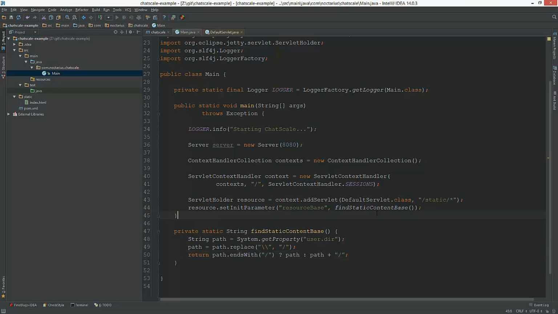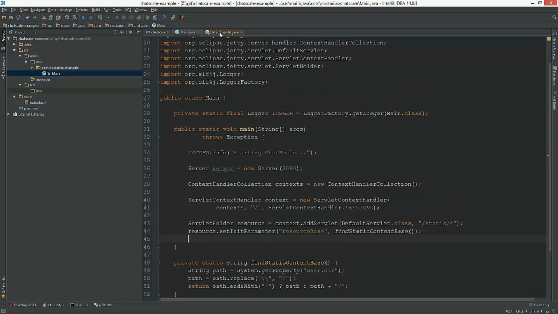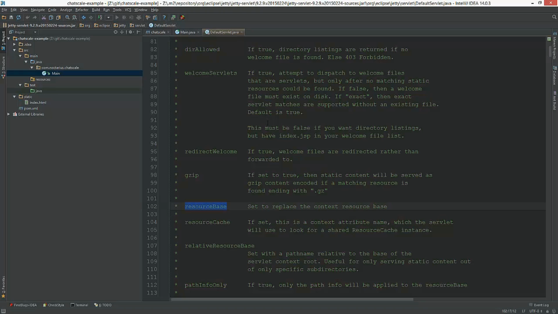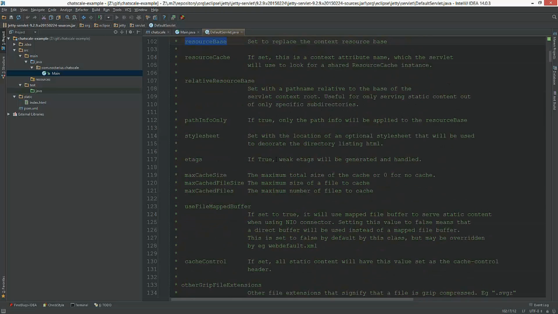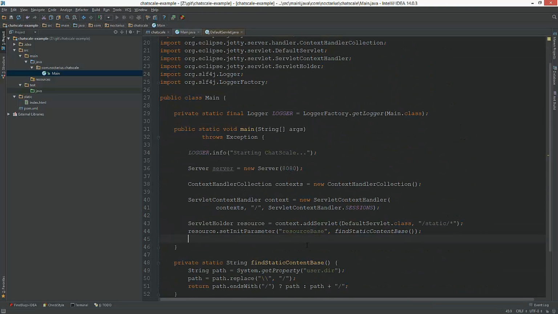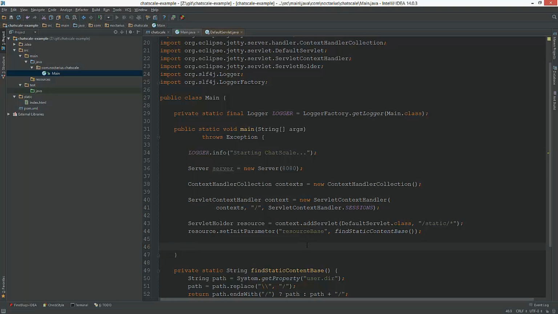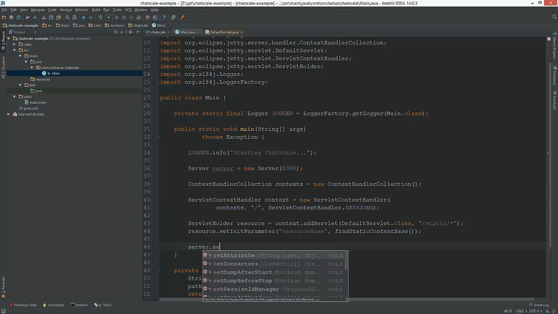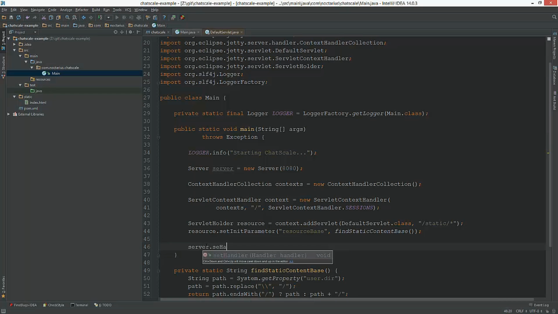So we have set the resource base, and I think that works for now. So let's try that. We have connected our context handler with the context. Oh, right. And we need to set server set handler contexts.